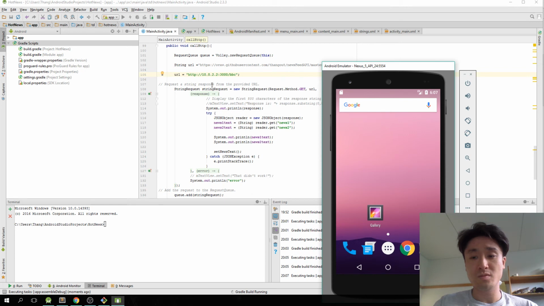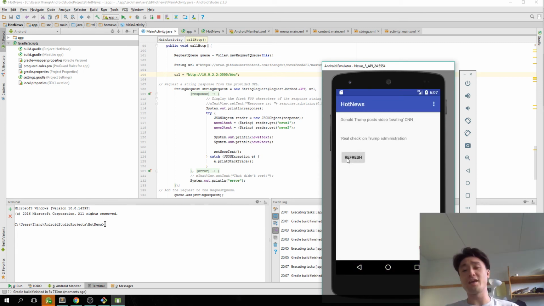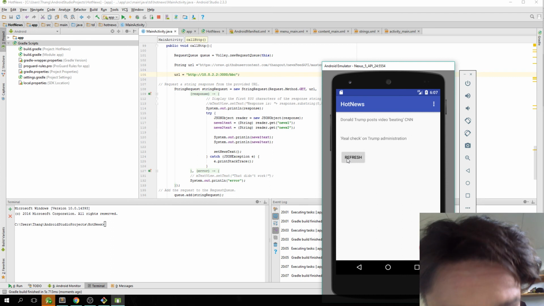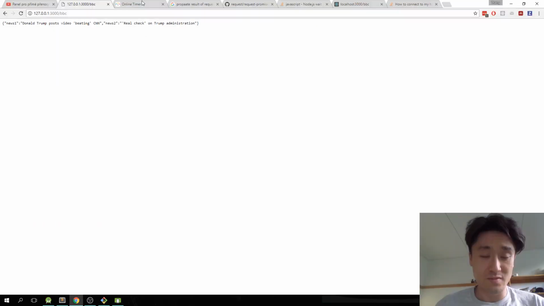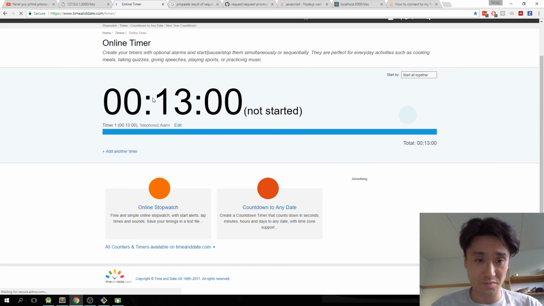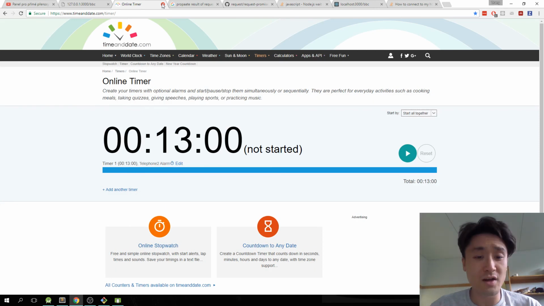Alright, so okay, we just routed and wired our server with the Android app. So okay, apparently the timer just failed again. I don't know how, but maybe we at least managed to